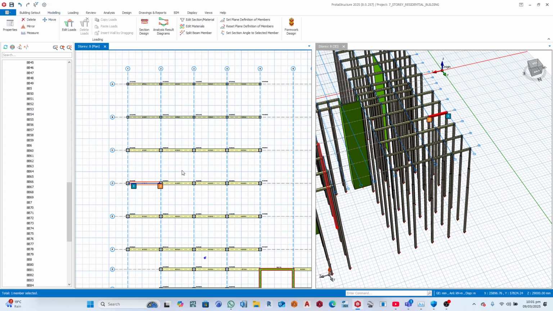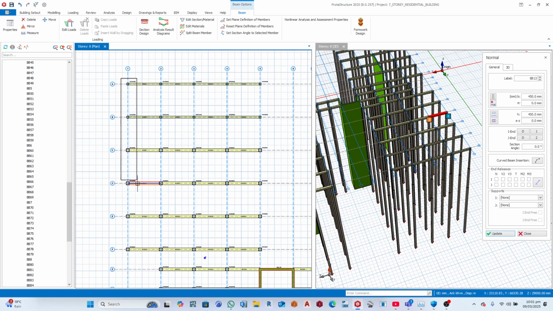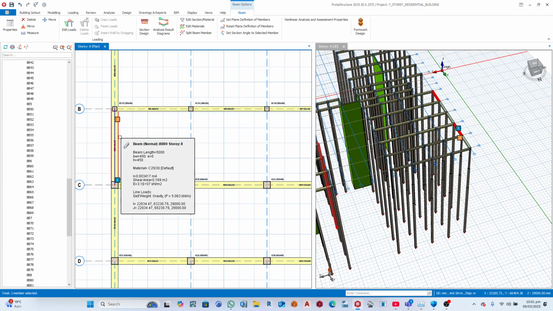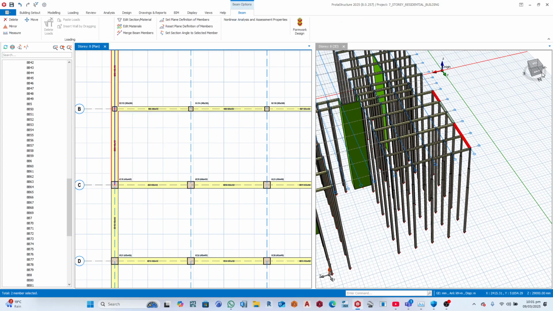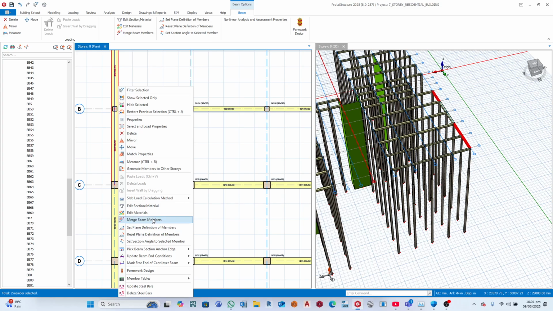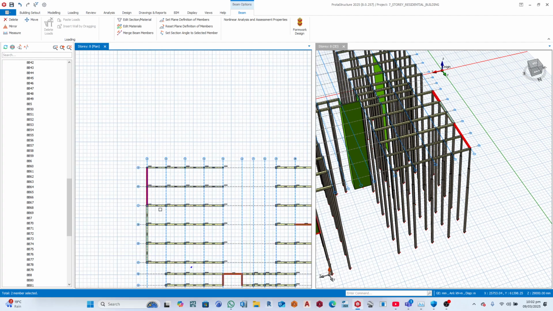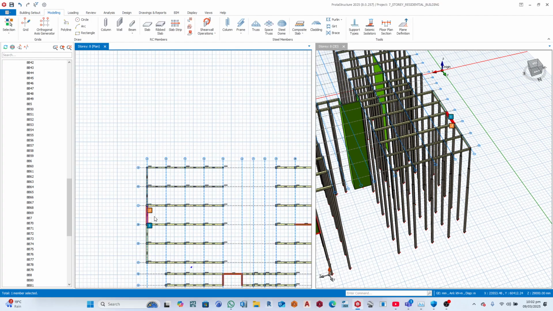This type of beam is what I want. Then I come and have this edited section, 300. Okay, then